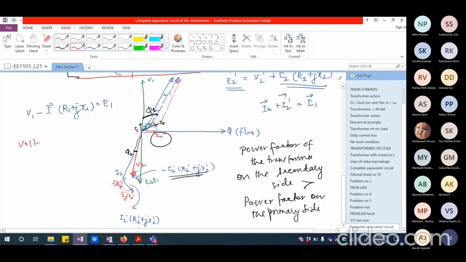So there are two things we consider as the performance parameters of the transformer. One is the voltage drop within the transformer. How much is the voltage drop? That is, if R2 plus JX2 is causing a voltage drop, and R1 plus JX1 is causing a voltage drop, what is the kind of voltage drop we have in the transformer? The second thing is efficiency. What are all the power losses in a transformer? So these two are the major performance parameters of the transformer. And those performance parameters we'll look into in the next